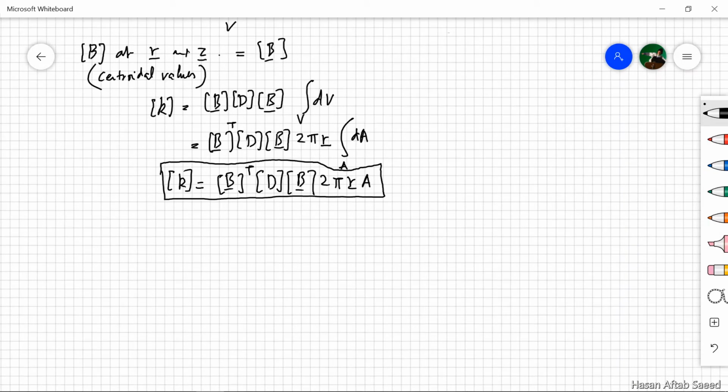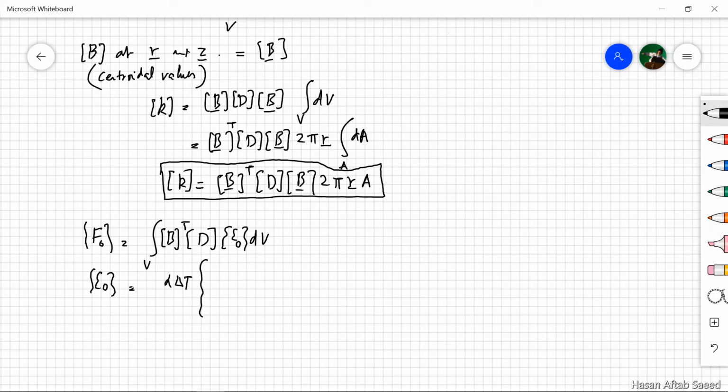The next item is the force vector as a result of temperature change. Again, we start from the generic formula. This is valid for 1D, 2D, 3D, every kind of problem. And recall that epsilon naught was itself a vector. Using the same vector, the only difference being an additional 1 is there because of the addition of the circumferential strain. So if we put in these values, and again using the calculation of B at the centroid, then we can take this